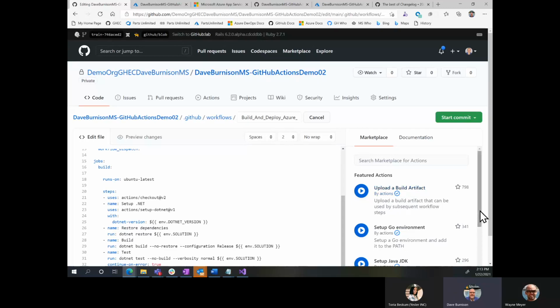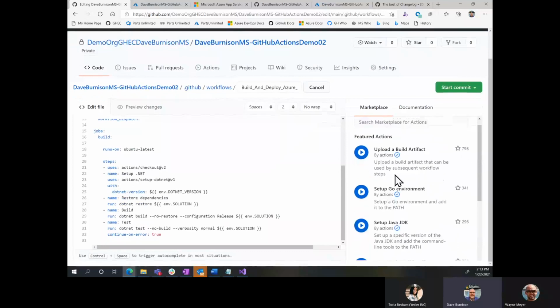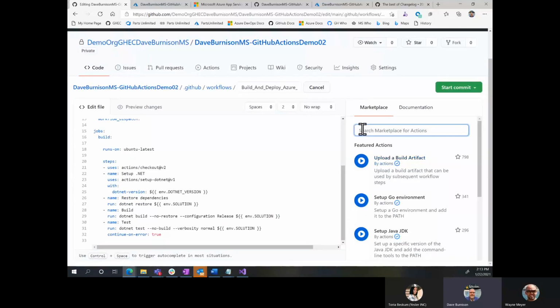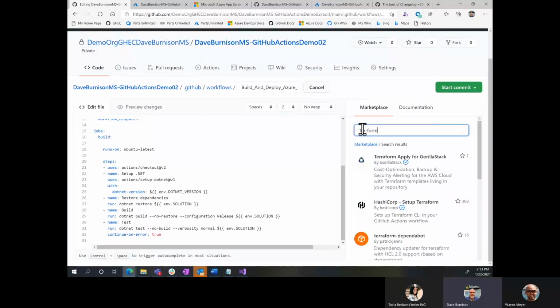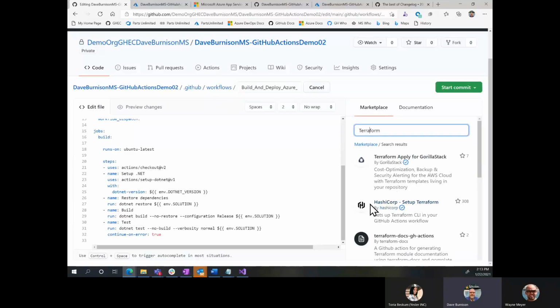And you can see it's giving me some suggestions here, but it's not just Azure. If you're using Terraform for your infrastructure as code, HashiCorp has supplied an action there.